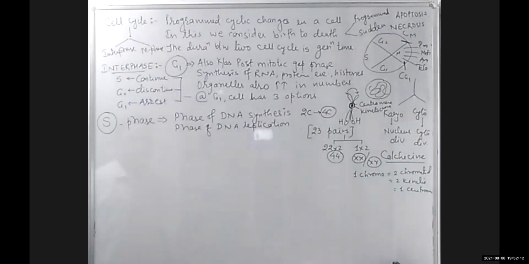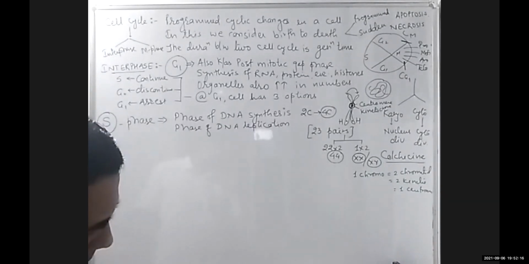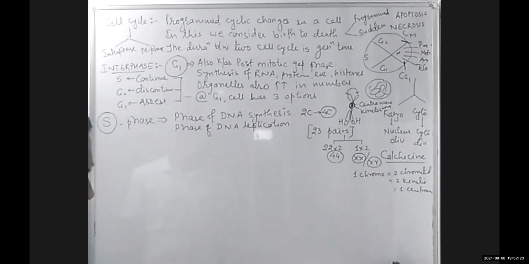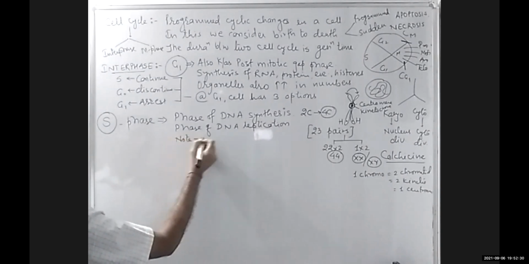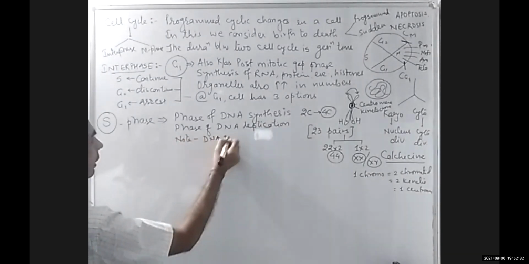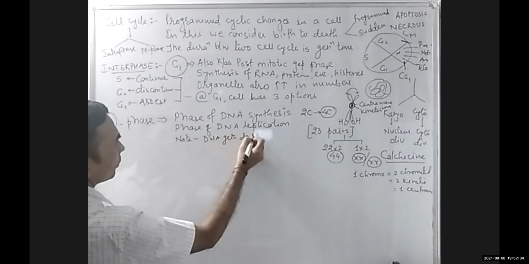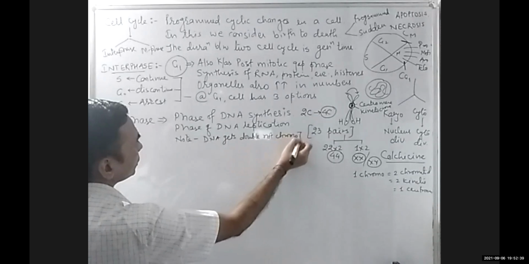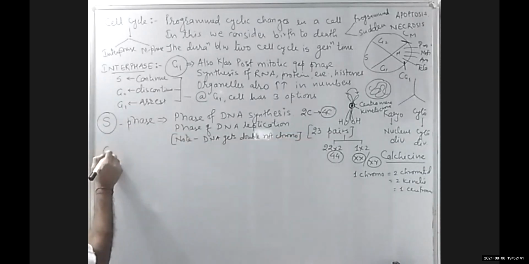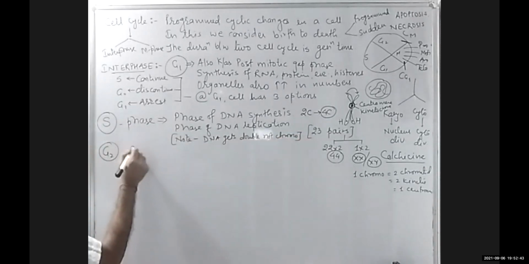The next one is, if we talk about the S phase, I should say it is also called the invisible phase because chromosomes prepare themselves for equal distribution. No problem. I don't need to tell anything more than this. I can certainly write a note. DNA gets double, not chromosomes. I should go for G2 phase.